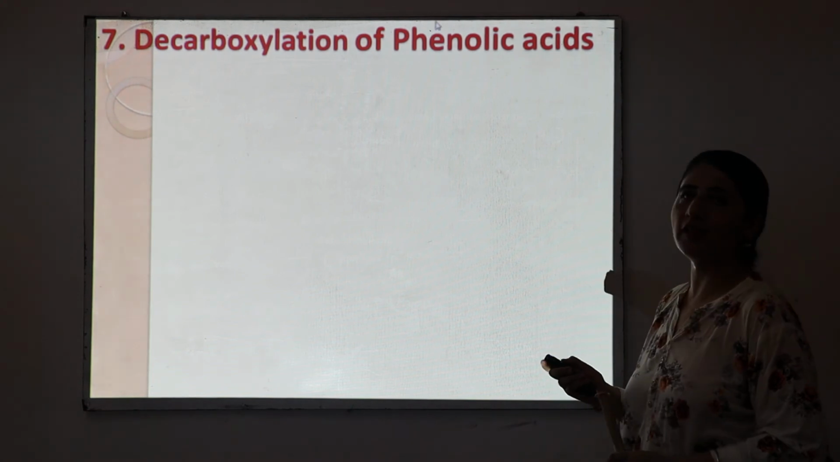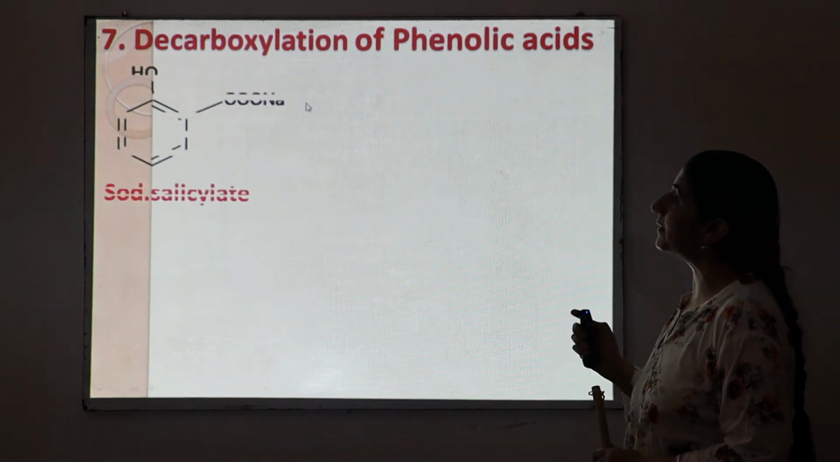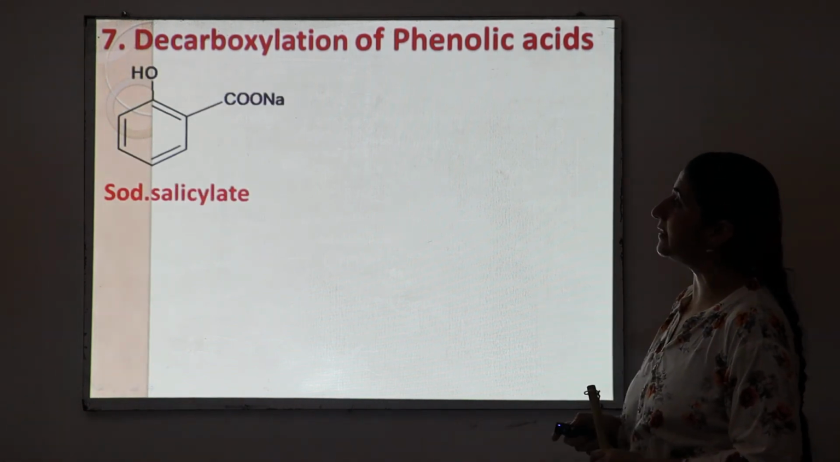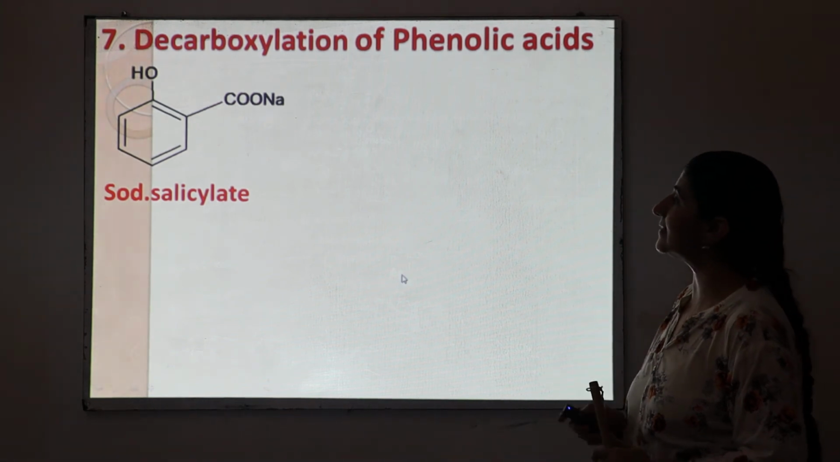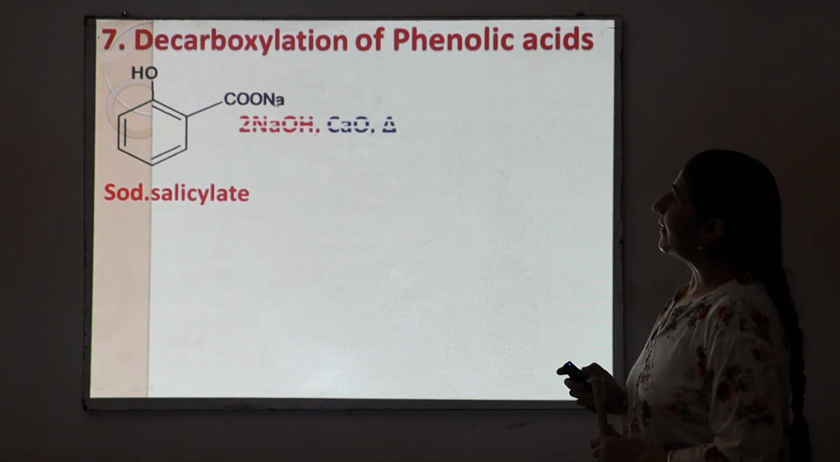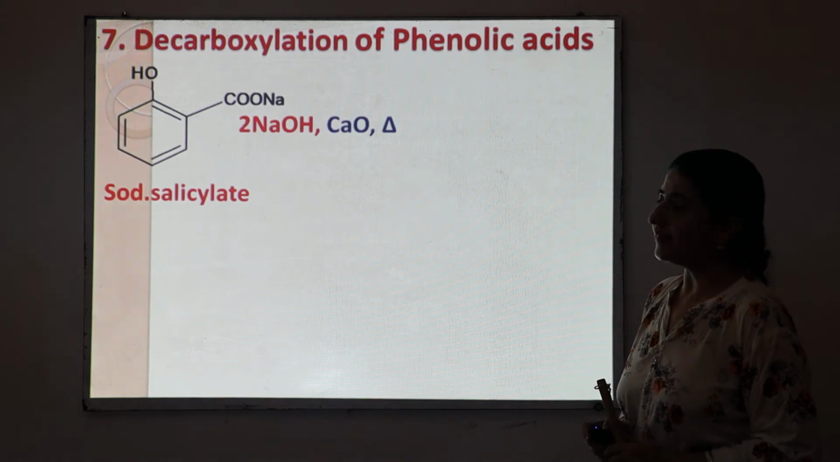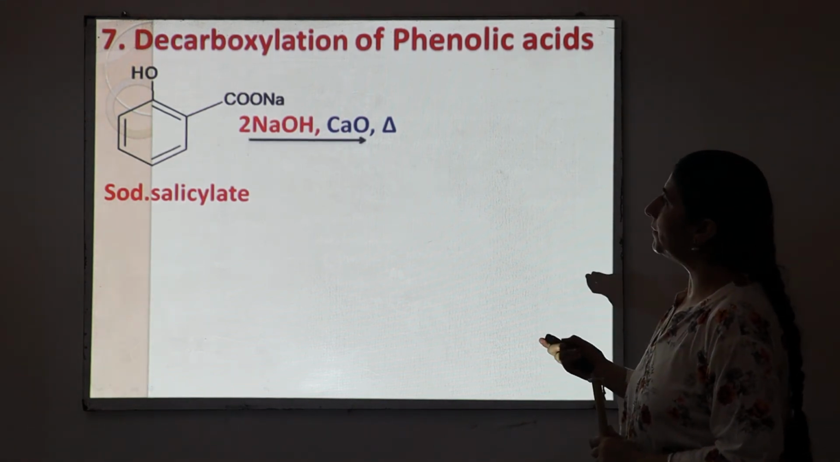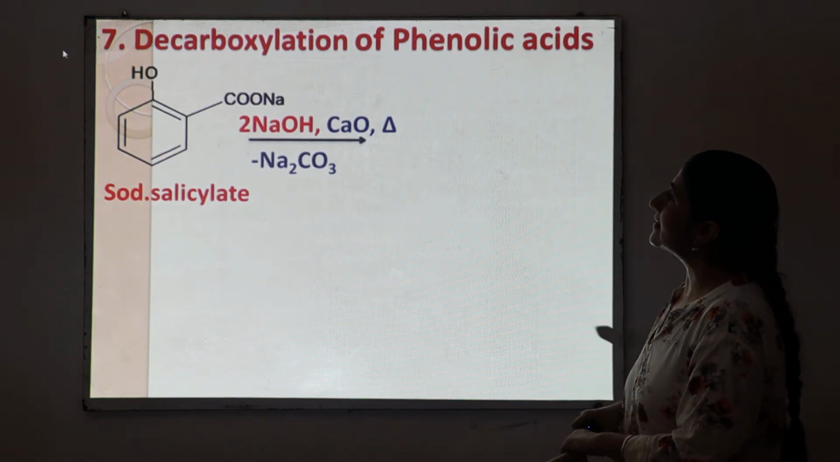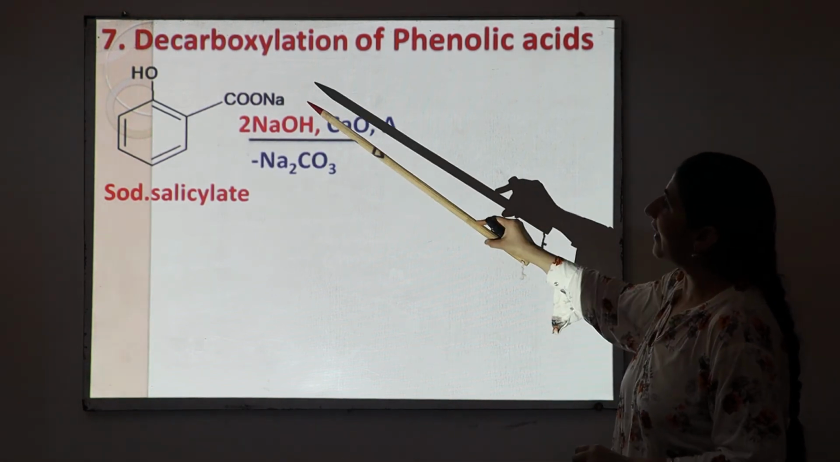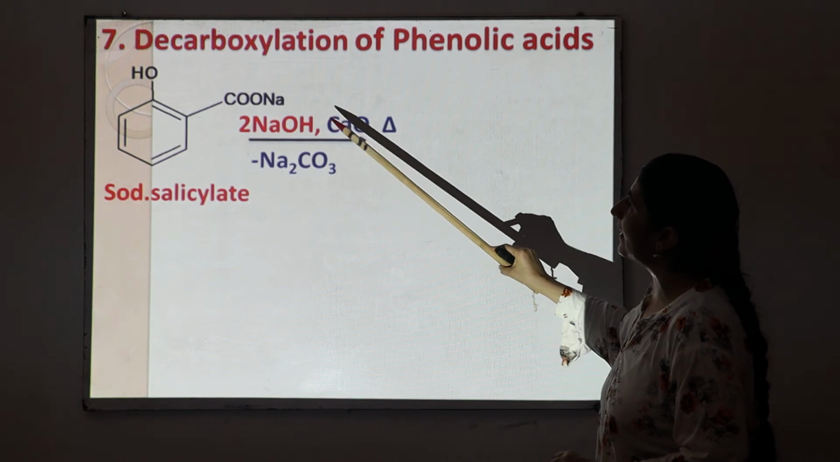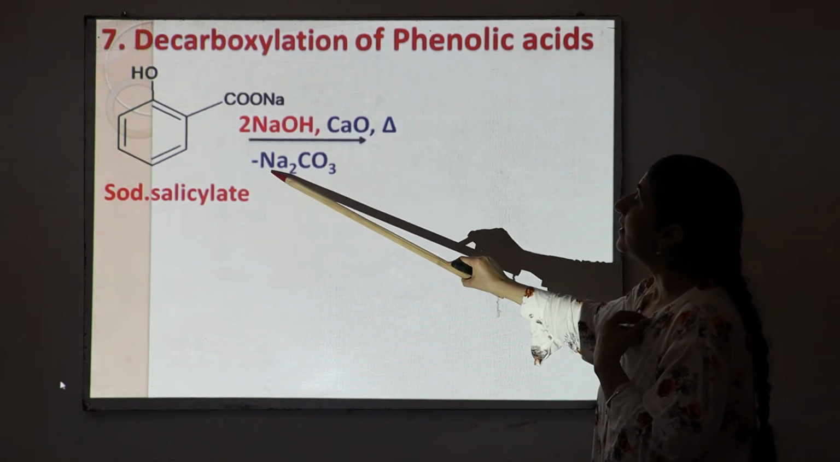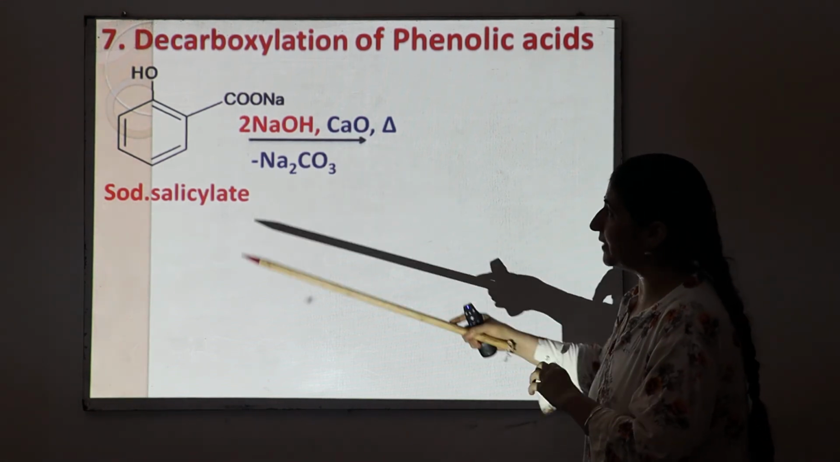And the last one is decarboxylation of phenolic acids, and I am taking the example of sodium salicylate that reacts with sodium hydroxide along with calcium hydroxide under warm conditions. So in this case, when it reacts with sodium hydroxide along with calcium hydroxide, sodium carbonate is eliminated